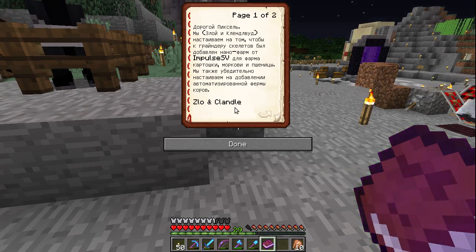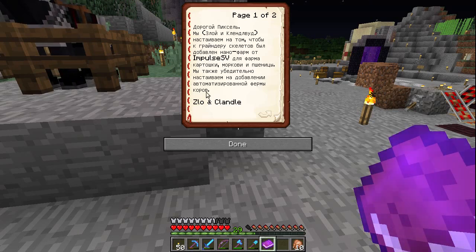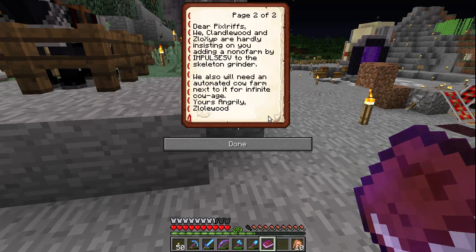I've not the least understanding of Russian or any kind of way of reading the Russian alphabet. Is it Cyrillic? I think it's Cyrillic. Anyway, so the only words I understood were Impulse SV and Zlo and Clandle, but thankfully they provided a helpful